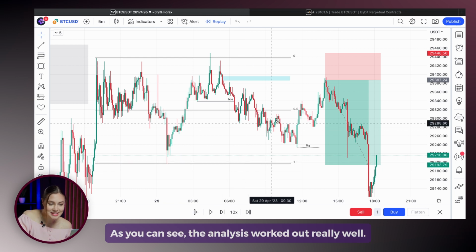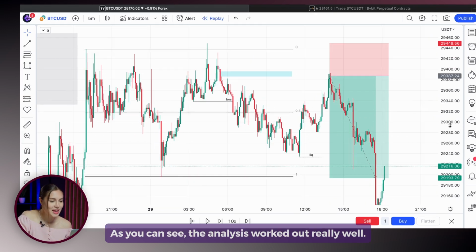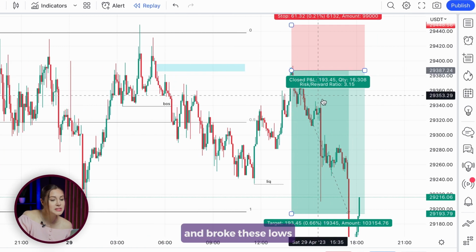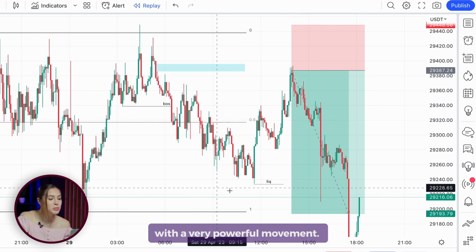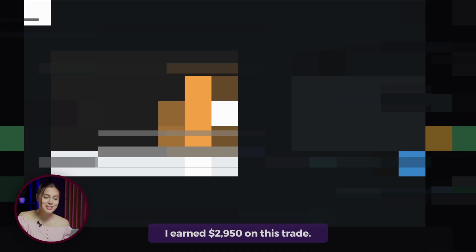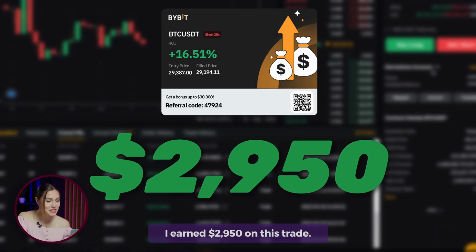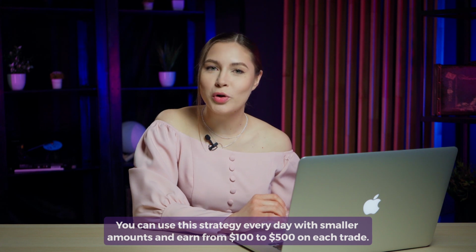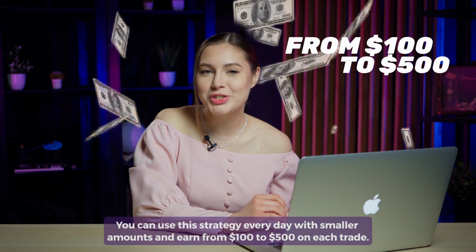So, how did this story end? As you can see, the analysis worked out really well. After touching the imbalance, the price immediately went down and broke these lows with a very powerful movement. I earned $2,950 on this trade. You can use this strategy every day with smaller amounts and earn from $100 to $500